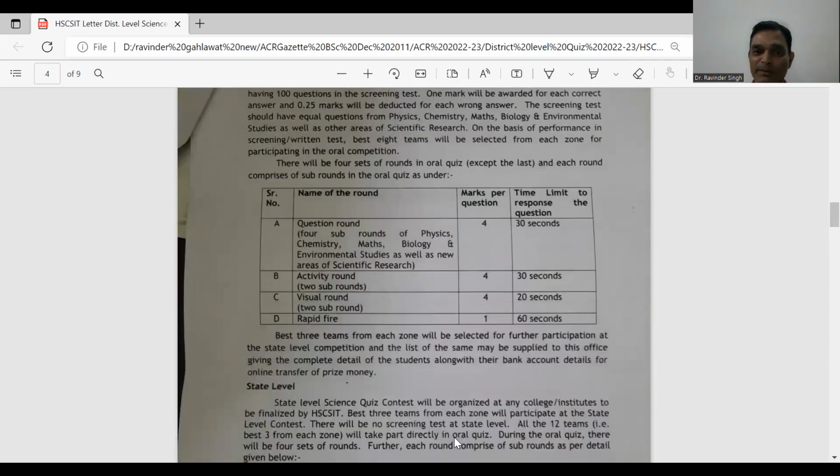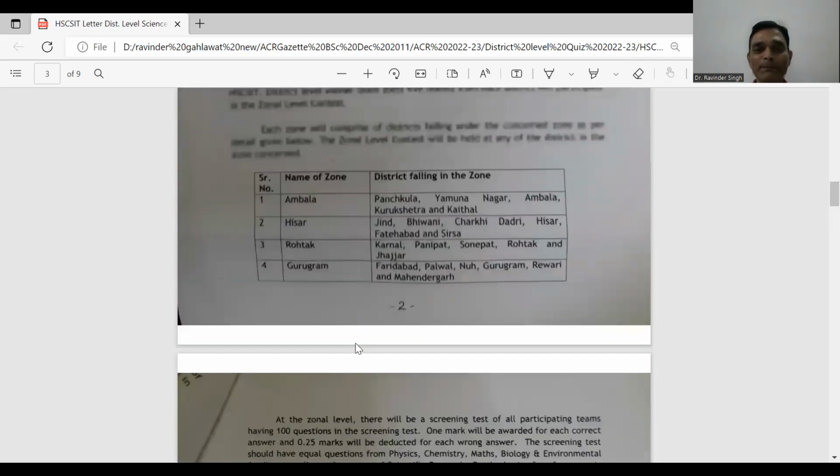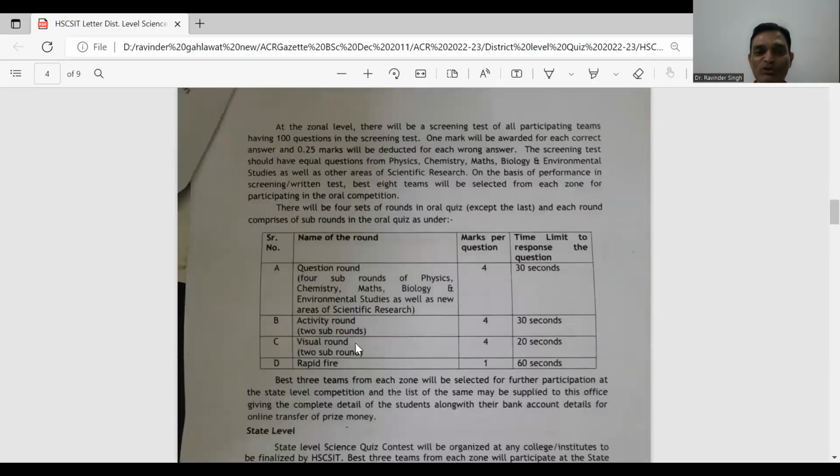ऐसे ही जोनल लेवल के ऊपर बिल्कुल सेम उसी टाइप से डिफरेंट राउंड्स होंगे जो मैंने अभी आपके सामने एक्सप्लेन किया, कि क्वेश्चन, एक्टिविटी, विजुअल, रैपिड फायर राउंड, वही सेम टाइम सारा सब कुछ सेम रहेगा। फिर जोनल लेवल के ऊपर जो कंपटीशन होगा, वहां से जो बेस्ट 3 टीम्स फ्रॉम ईच जोन, जैसे अभी हमने आपको बताया 4 जोन है, तो हर जोन से बेस्ट 3 टीम्स, तो 4 3 जा 12 जो टीम्स होंगी वो सिलेक्ट की जाएंगी